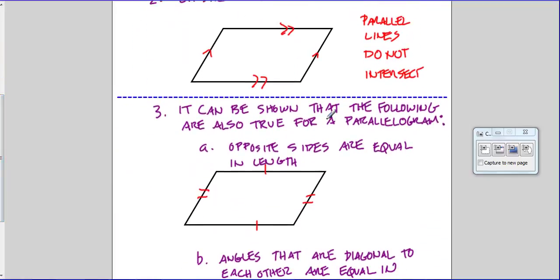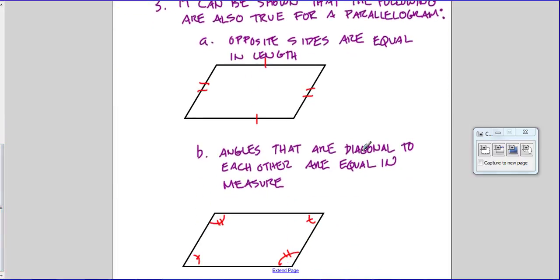It can be shown through proof that some of the following things are also true for a parallelogram. There are other things besides these, but these are kind of important. The opposite sides are equal in length. Turns out they are congruent, or equal in length. And angles that are diagonal to each other, in fact, are equal in measure. So these two angles here,